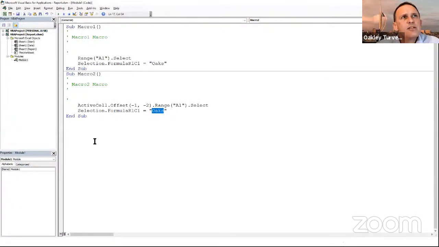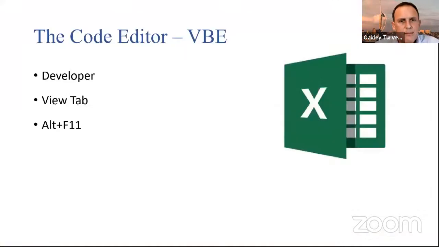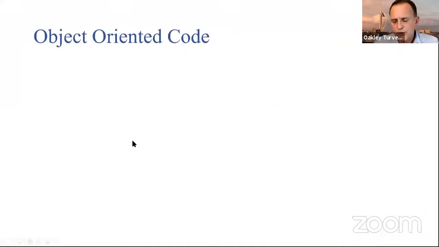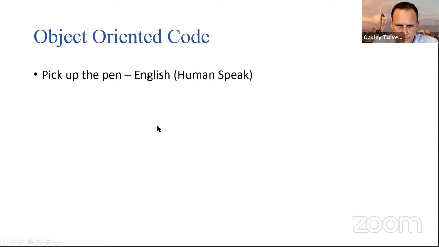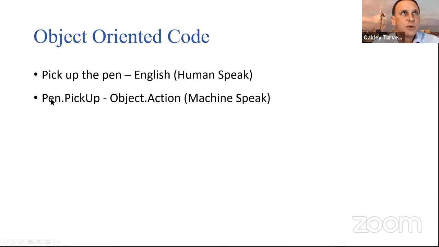Okay, let's just have a look at that code again for a second, and then let's close it down. The code itself is written in what we call object-oriented code. It's an object-oriented language. Now, what we mean by this is if I wanted to speak as a human, I would say, pick up the pen. So the pen as an instruction to somebody, pick up the pen, that's how we'd say it in English, some other languages are different. Now, the machine speak way of doing it is to talk about the object first of all. So the object is the pen, and then they talk about the action. So pen, pick up. This is what I refer to as machine speak.